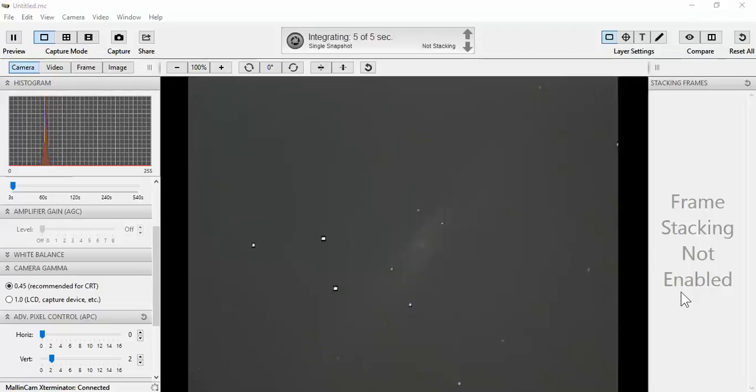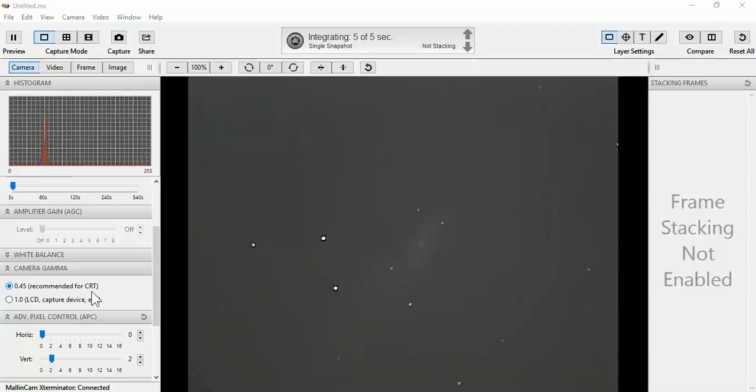I'm demonstrating using the Xterminator with the MiloSlick software, using the newest software, and the histogram, that's a real-time histogram that is shown on each of your tabs. And so you can see the real-time effects on the histogram of any of your settings. I'm using a Celestron 8-inch with a Celestron 6.3 reducer on the back and a 0.5 reducer on the nose